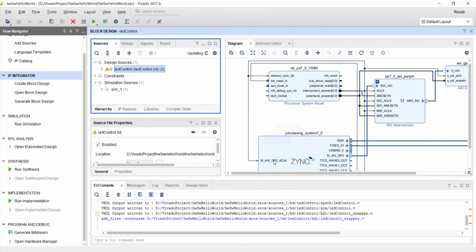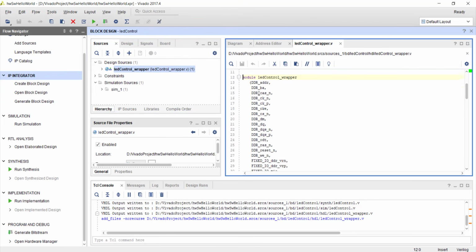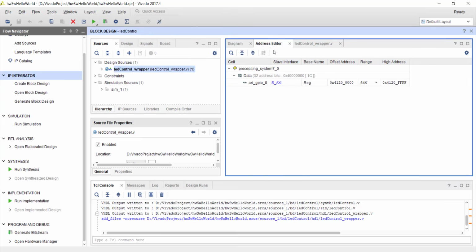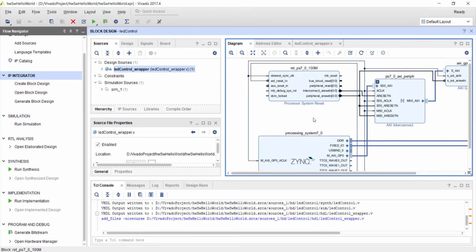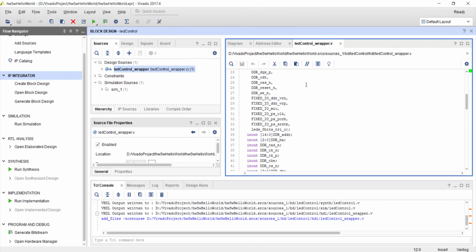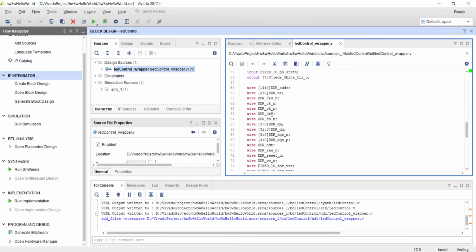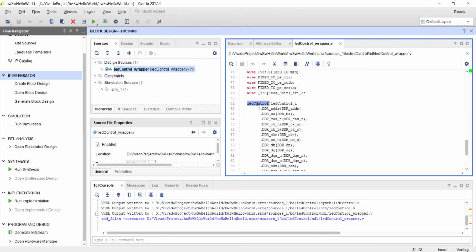and Vivado will create a Verilog file from this block design. Okay, so it creates this Verilog file and automatically adds all the input output. For example, these LEDs, this DDR, fixed IO. All the signals are automatically added to this top module, and under that top module it actually instantiates this block